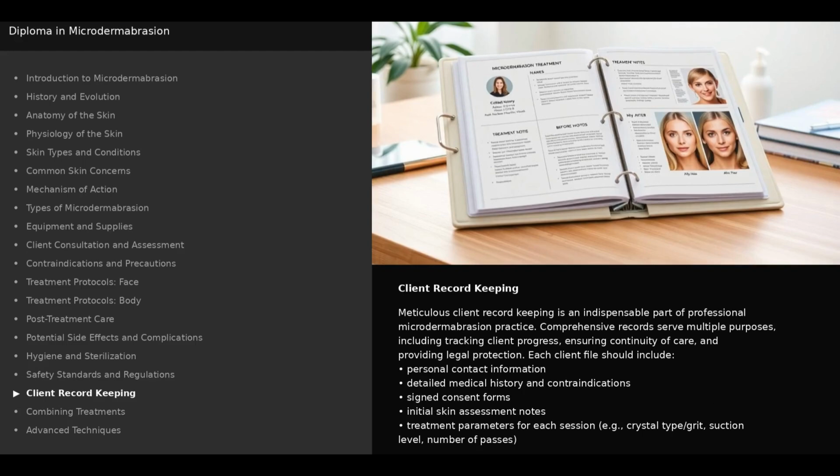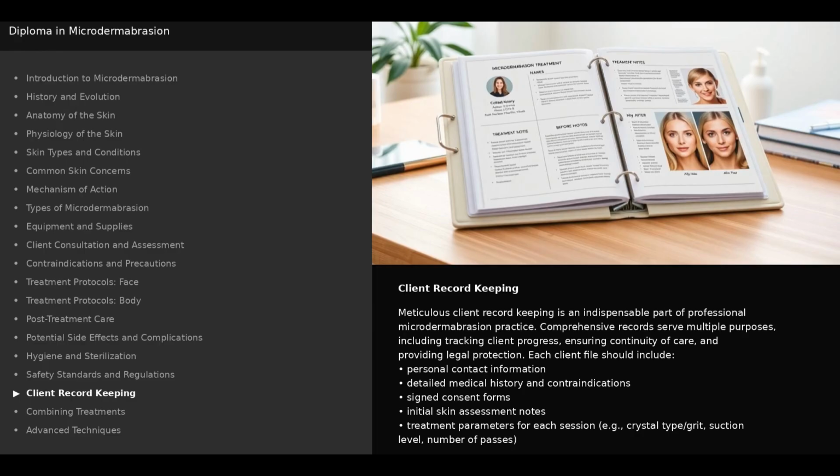Client record keeping. Meticulous client record keeping is an indispensable part of professional microdermabrasion practice. Comprehensive records serve multiple purposes, including tracking client progress, ensuring continuity of care, and providing legal protection. Each client file should include personal contact information, detailed medical history and contraindications, signed consent forms, initial skin assessment notes,